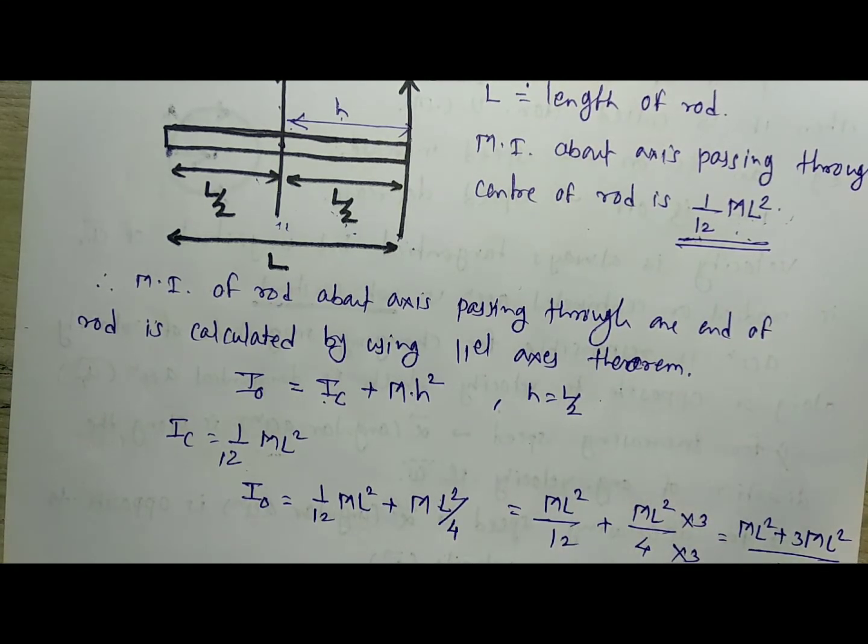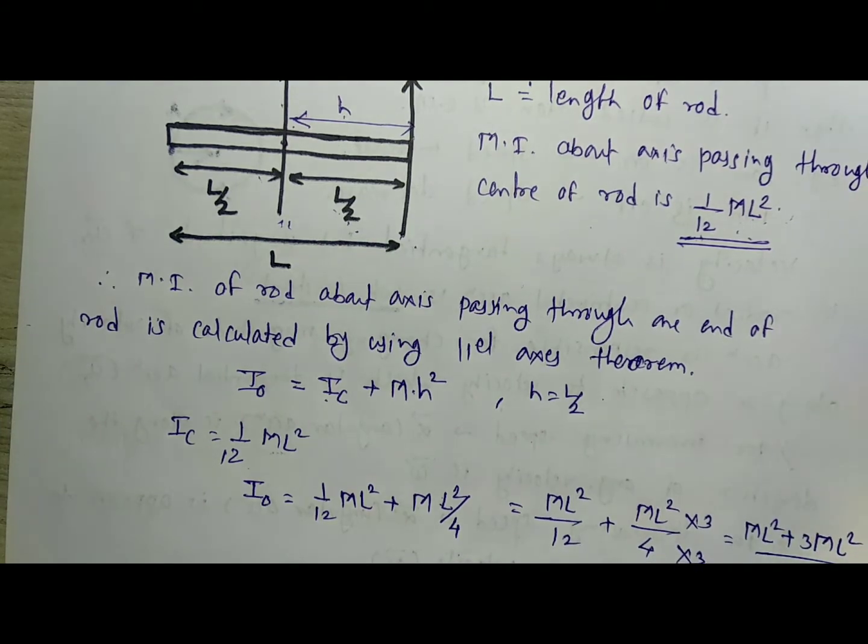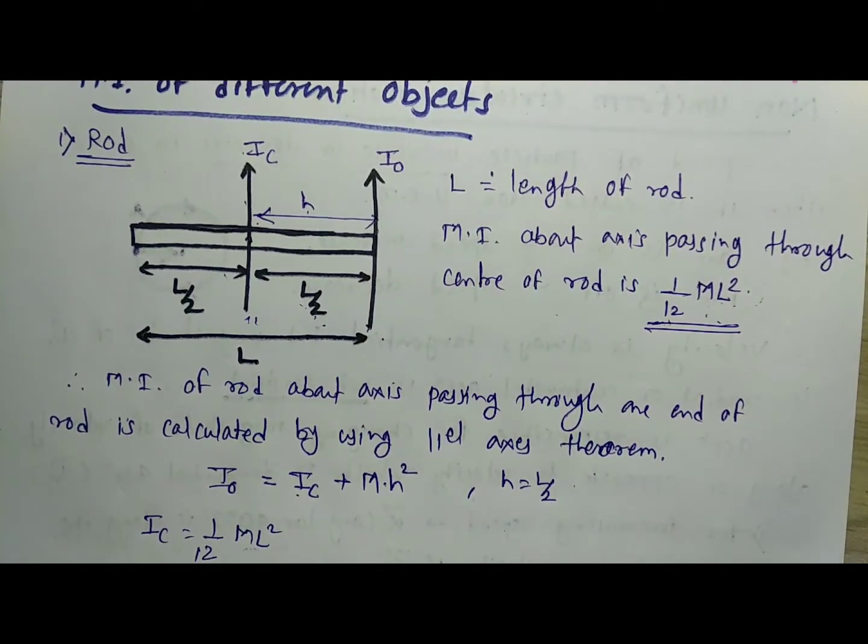Similarly you can get the consideration related to perpendicular axis theorem. First of all we have to know that it is related to rod, and right now we are going with the next one, which is a disk. You will get the moment of inertia of disk at the center of mass and perpendicular to the plane of disk as 1/2 MR square, and by using this you can calculate the moment of inertia about tangent, about diameter, and tangent perpendicular to the surface of that disk. You will get the consideration of this one as follows.